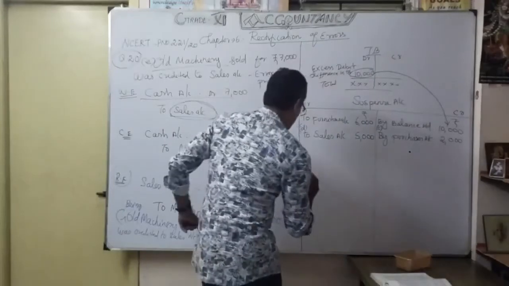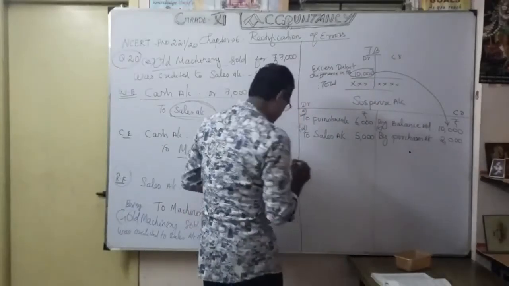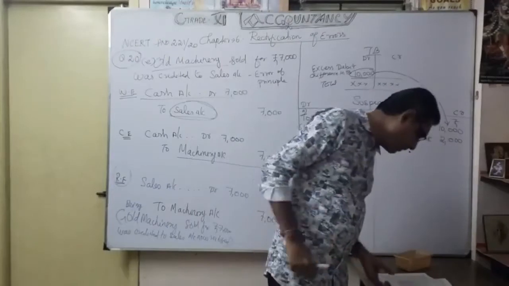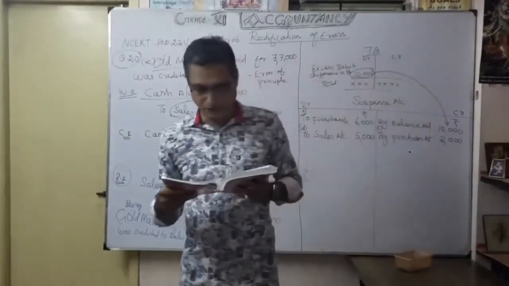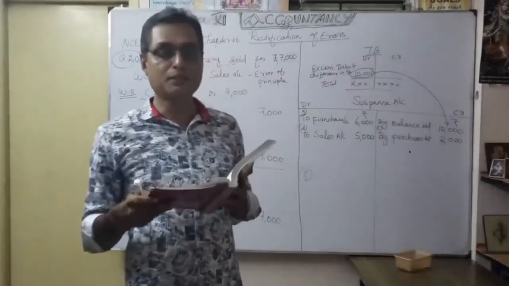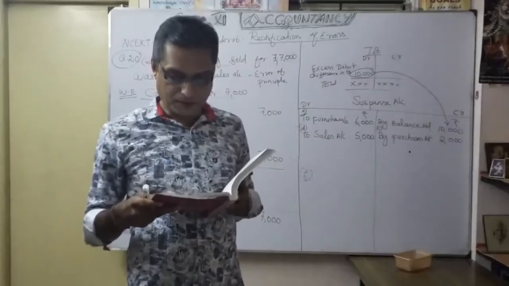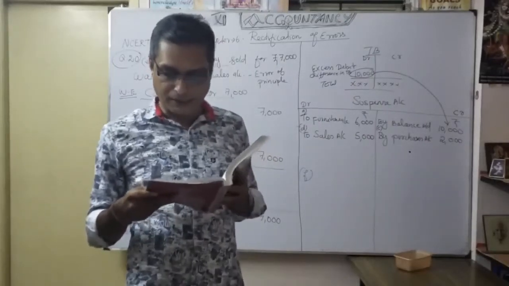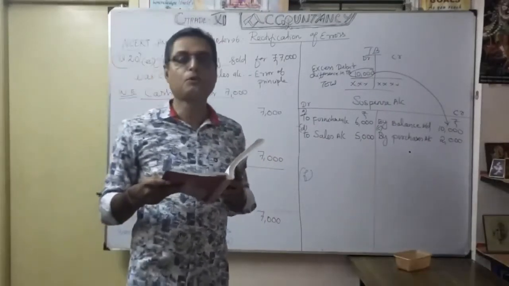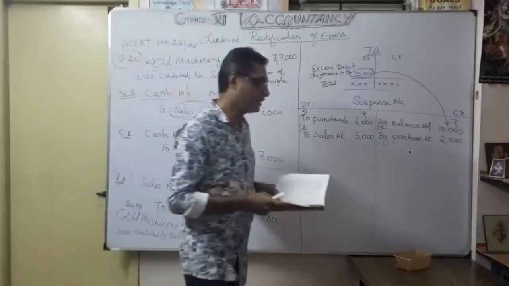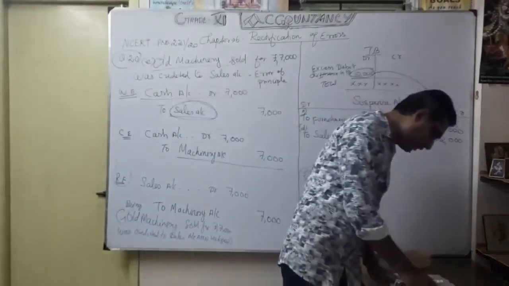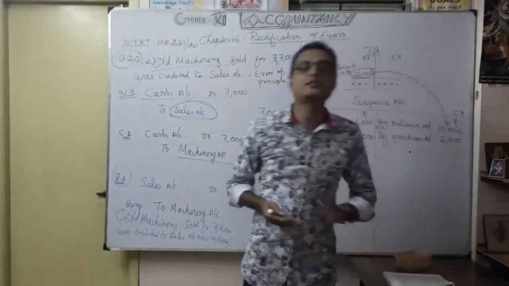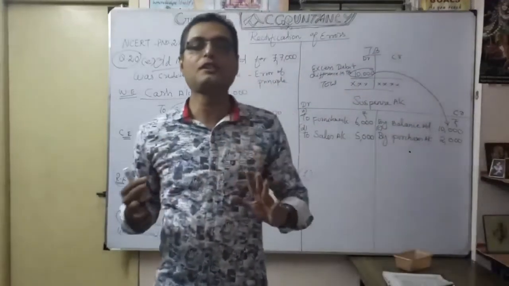Finally, F. What is the F? There is a discount. Let me read that. What have they given? Discount received 800 from Kannan on paying cash to him was not posted. Okay. Here it was totally not posted. They enjoyed it through the form of discount received. So it was totally not posted.